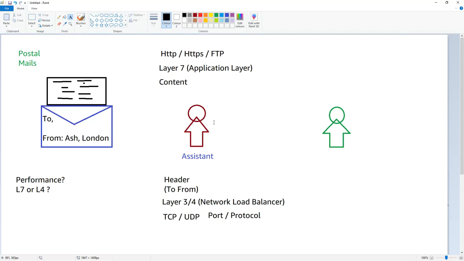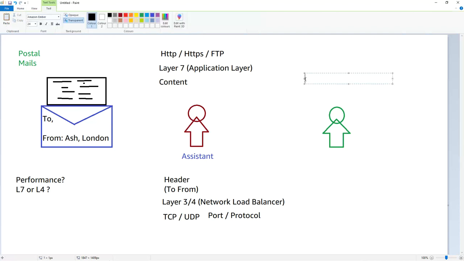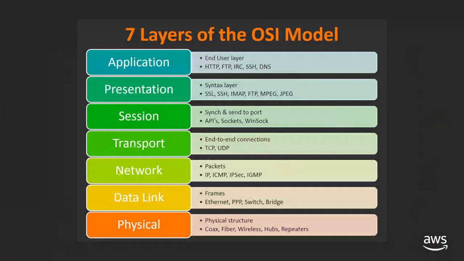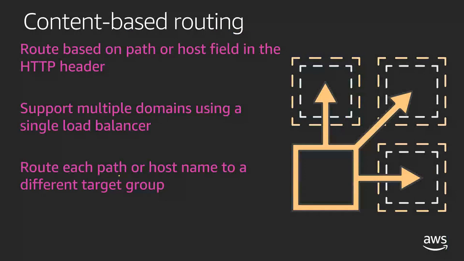So both types of load balancers are available, and you may decide what would be the best way for you to implement the solution. So you decide. It is not an either-or choice. We will talk about some architecture where you can even implement both in one single location or one single application. Both can be implemented, should not be a problem. So that's how my application layer and my layer 7 would be working.